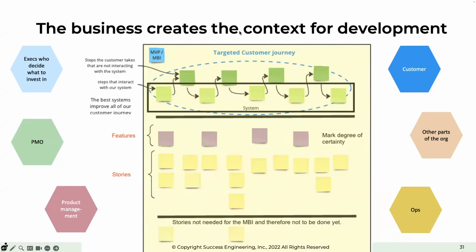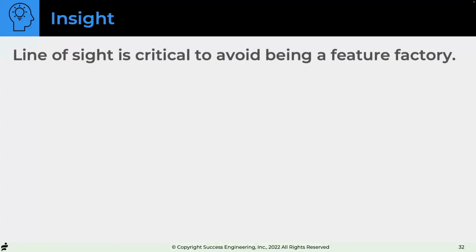In other words, we see why this MBI fits the strategy. We see how this is prioritized against the PMO. We see the factors that product management is telling us. We're not doing this in isolation. Doing it in isolation is a local optimization technique and misses systems thinking. Now, it doesn't mean we are really super attending to this all the time, but at least we can see it. And seeing it is very important.